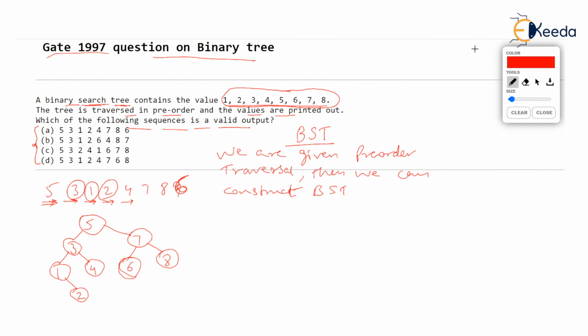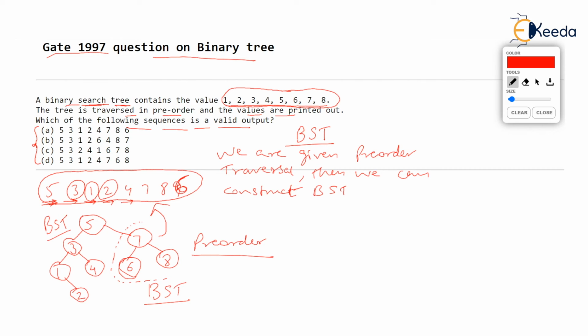Now tell me, you are claiming that this is the binary search tree, isn't it? Then if you perform pre-order on this tree, you should get the same output, because you constructed the tree using the pre-order given. This was the pre-order given, and you used the less than, greater than rules and constructed the binary search tree. Now, if you perform pre-order on the tree which you have constructed, you should get the same output, but you will not get it. The trouble lies over here in this branch.